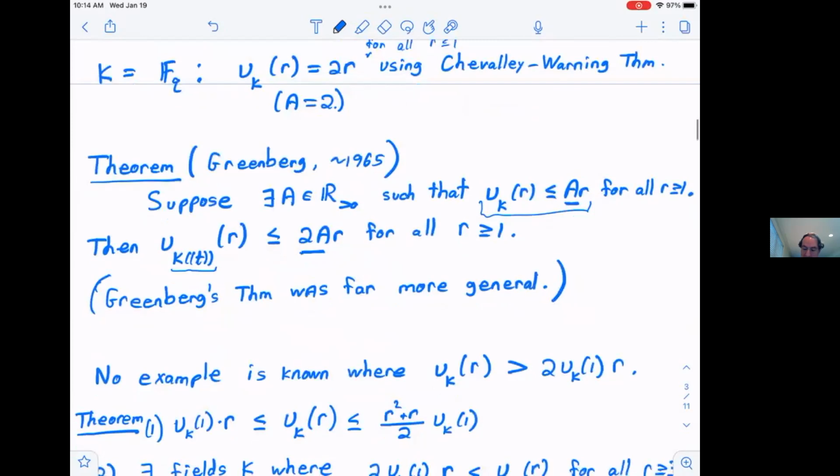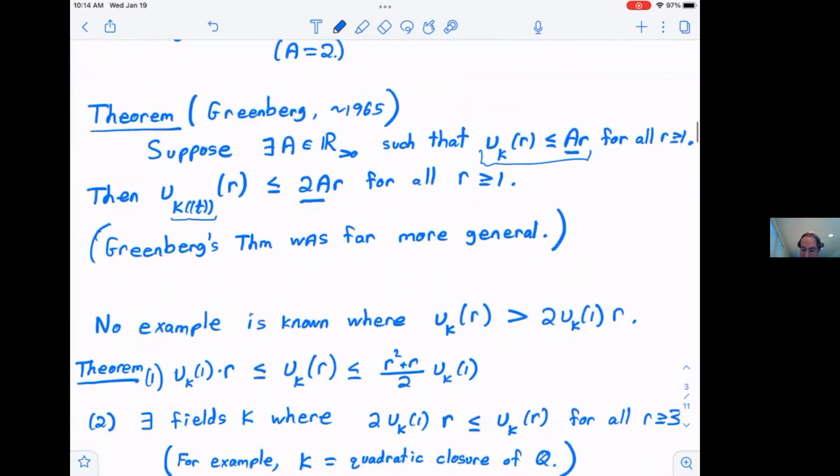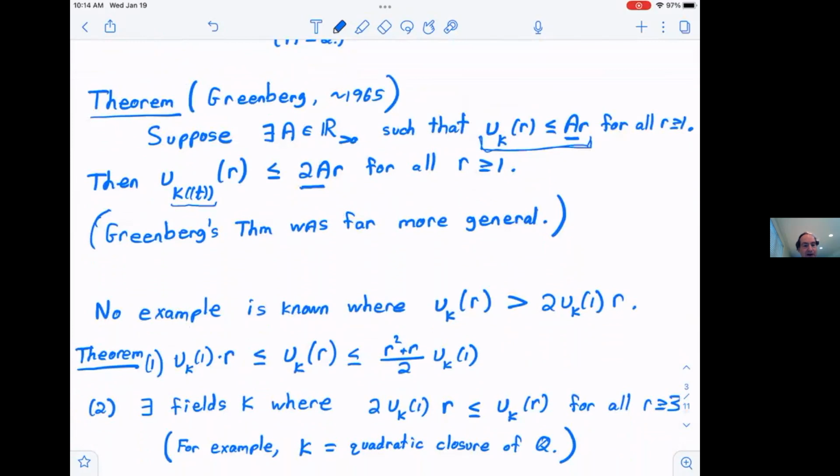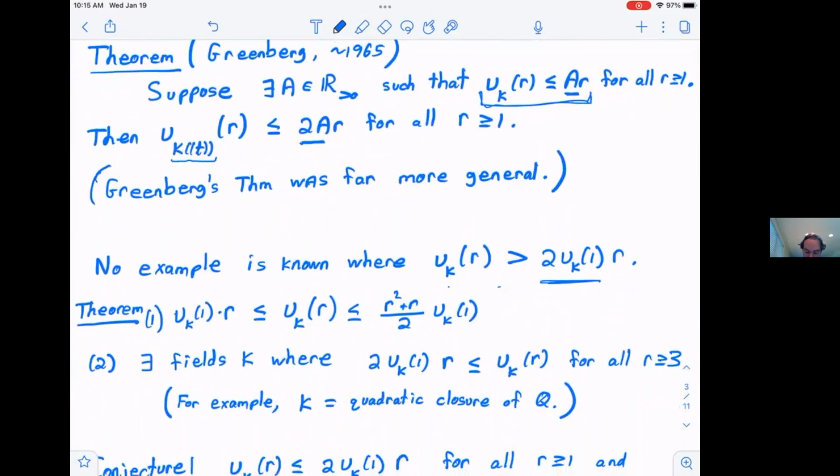Now, I've been talking about this hypothesis right here. It's hard to verify, and yet, ironically, we know of no examples where it is not satisfied. This is a very peculiar situation. So it says here, no example is known where this value is actually greater than 2 times this constant times R. So even though we can't prove anything in general, or it's very hard to, we know of no counterexamples. What is known? Well, it's always true